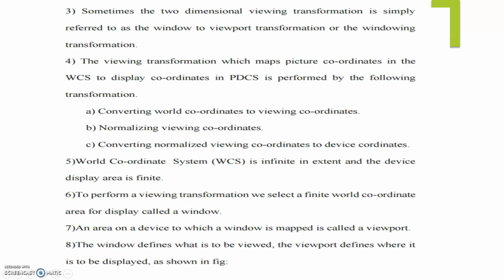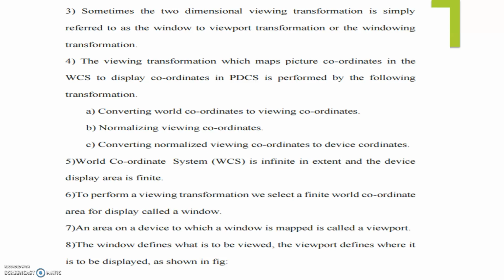Sometimes the two-dimensional viewing transformation is simply referred to as window to viewport transformation or windowing transformation. The viewing transformation, which maps picture coordinates in the world coordinate system to display coordinates, is performed by the following transformations. First step is converting world coordinates to viewing coordinates. Second is normalizing viewing coordinates. Third is converting normalized viewing coordinates to device coordinates.